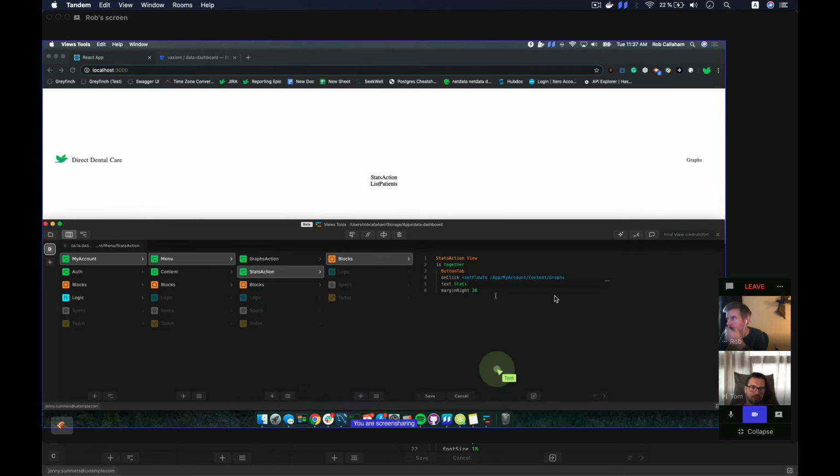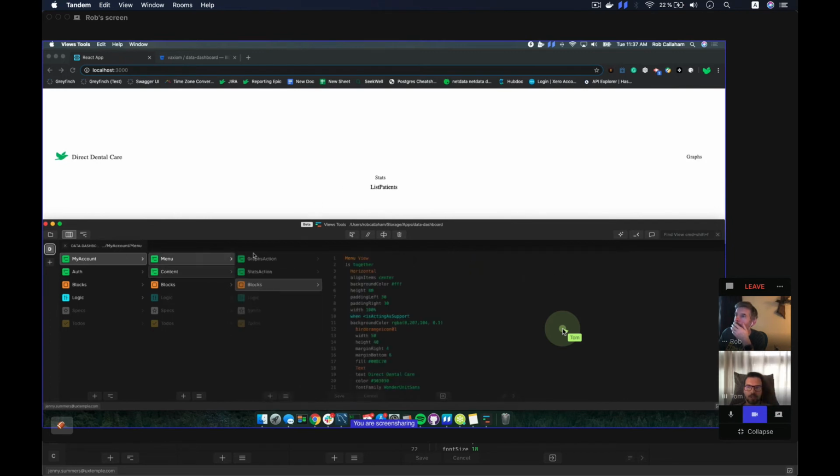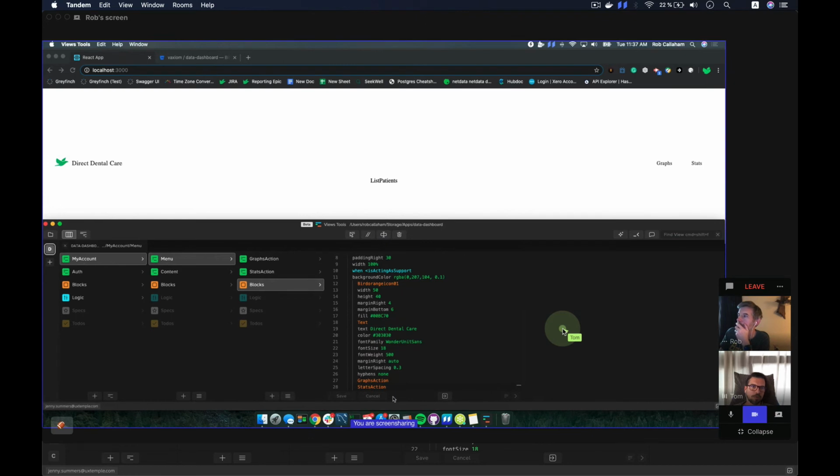What else do we want to change? You want to change this one from graphs to read stats, right? Because you want to point this to stats. So that's done. That's cool. Now when you save that, you should have two buttons, and now you should be able to switch between them already. Right? But you see the stats, it's outside. So if you go back to the menu blocks, put it in again, save it, there you go. And now if you use those buttons on the menu, they should switch between the